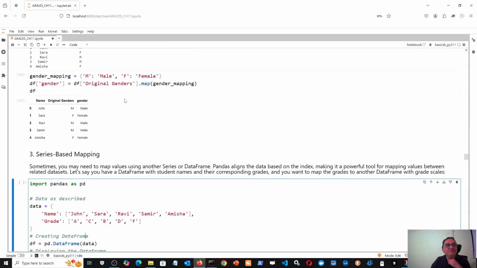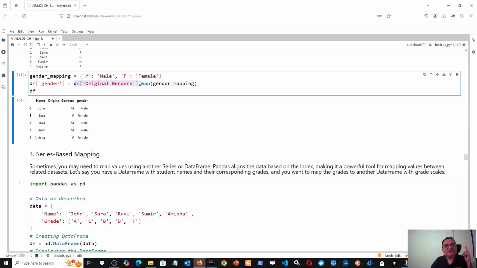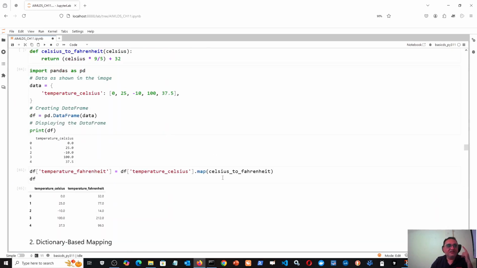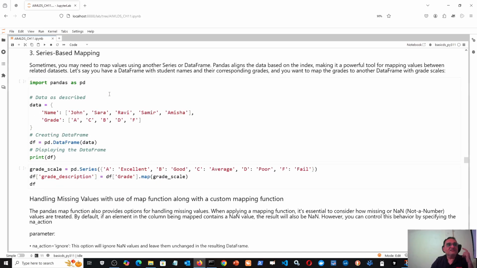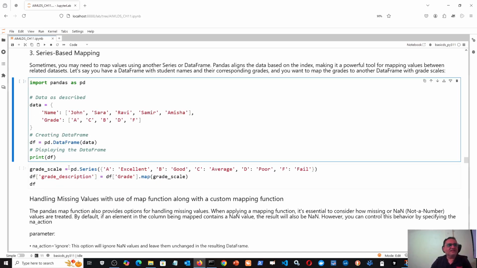Then series based mapping. So one was function based mapping. The syntax remains the same: the pandas series or the column name, then dot map, and inside whatever you are using for mapping. If you are using a dictionary for mapping, then specify that dictionary. If you are using a function for mapping, then specify that function after map in parentheses. And if you are using series based mapping, then first create that series and